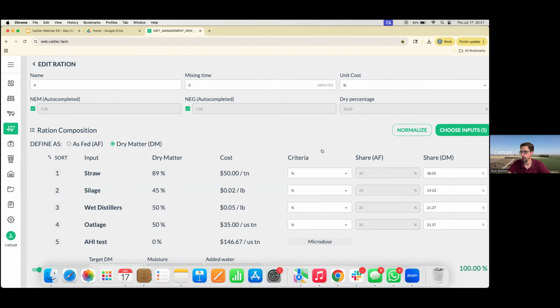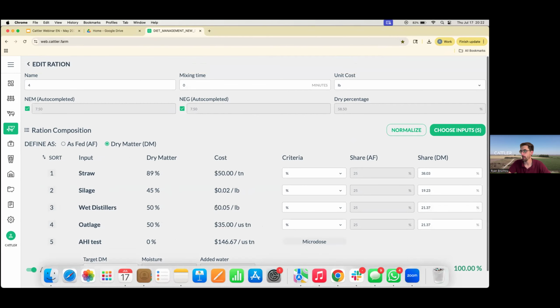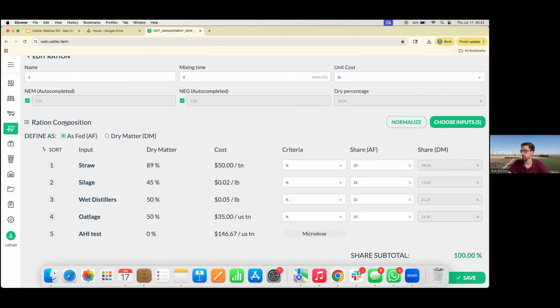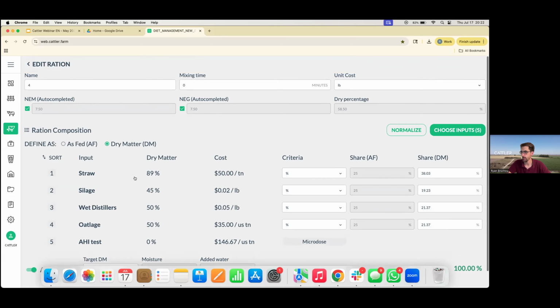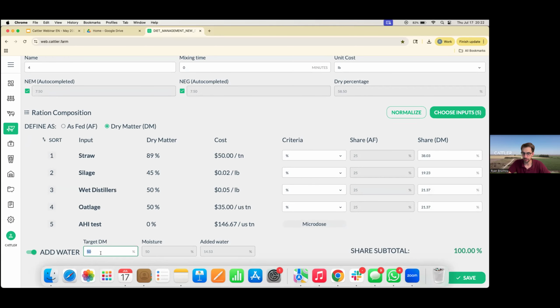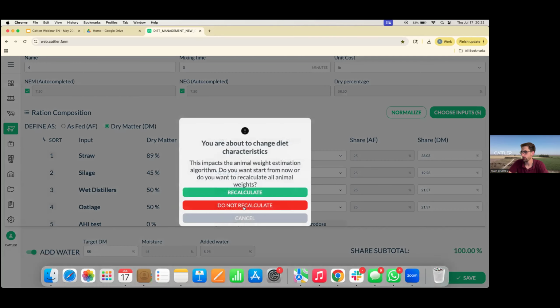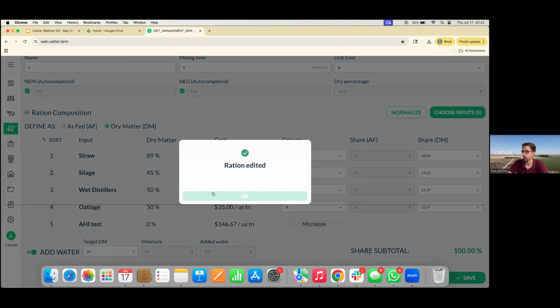But now what's important is that on here, we've changed a lot of how the look and feel. And like I said before, if you're on ASFED, the added water is not here. So what you want to do is, if you hit the dry percentage 58 and you want to hit a target that's lower than that, let's say it's 50, or let's say it's 55, Cattler will adjust the percentage of water that you're looking for. And this is really important. So if I hit save, and I'm not going to recalculate,